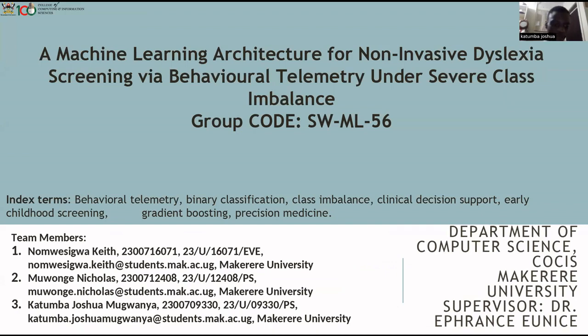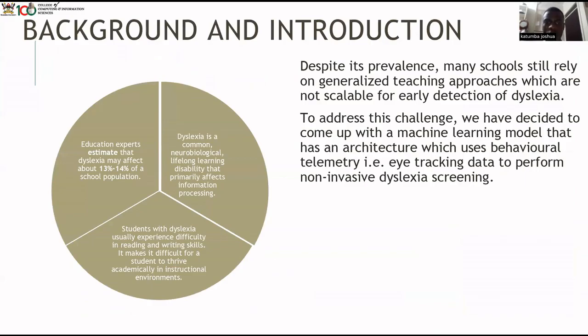My name is Katumba Joshua, and I'll be taking you through a machine learning architecture for non-invasive dyslexia screening via behavior telemetry under severe class imbalance. This is group 56. Now, to start with, dyslexia is a common neurobiological lifelong learning disability that affects processing of